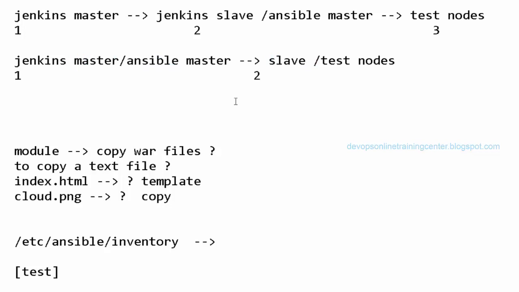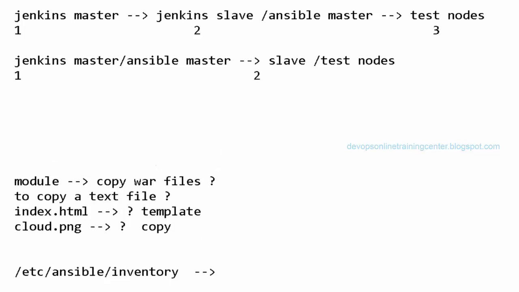Yeah, Santosh, my question was that if we have a project that is tied with slave one, okay, and if the slave one is down for some reason, is the project going to not run, or is it going to go to another? It will not run. It will fail, saying that the agent is not available. Okay.